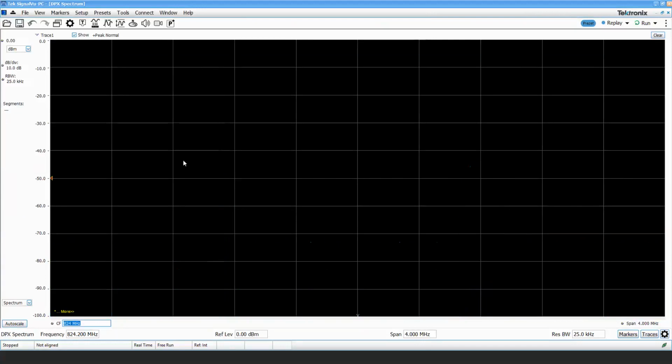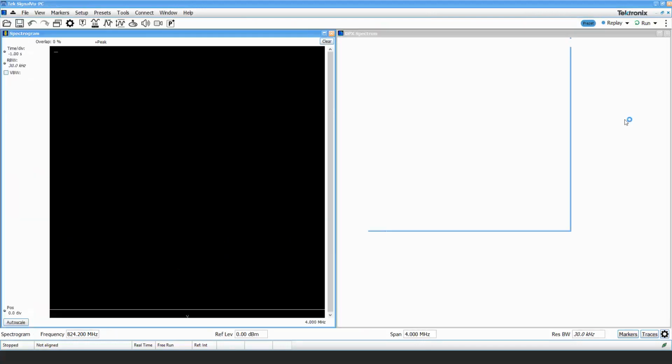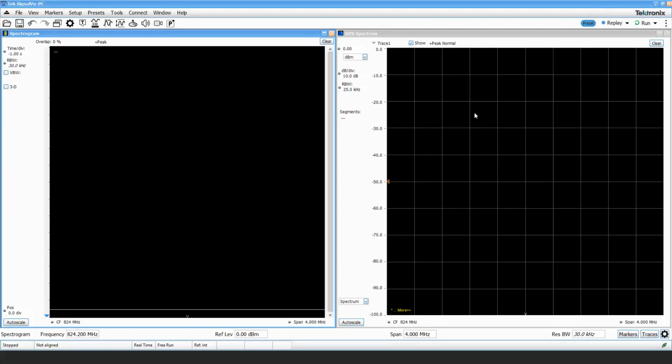On the right side, we'll see the spectrum analyzer, similarly like we did on the other screen. This left side is going to show us the spectrum over time. So it's a spectrogram, and we're going to be able to see the DECT activity as I turn different systems on.